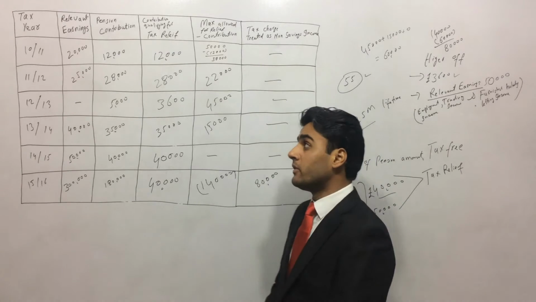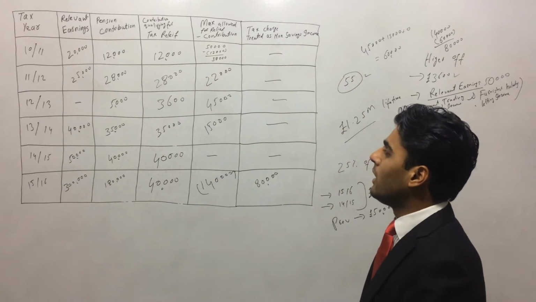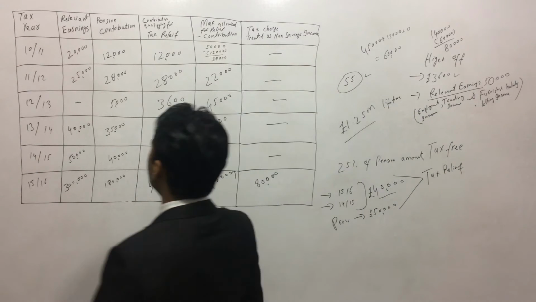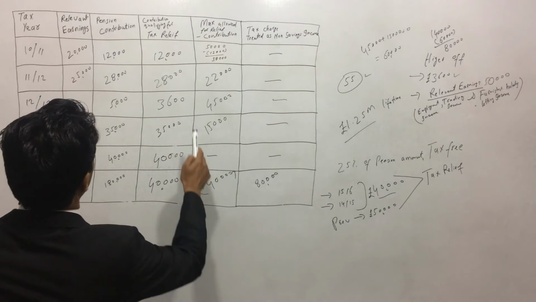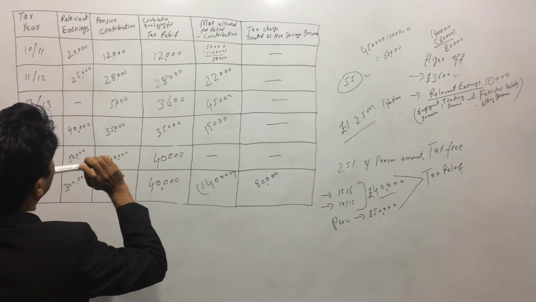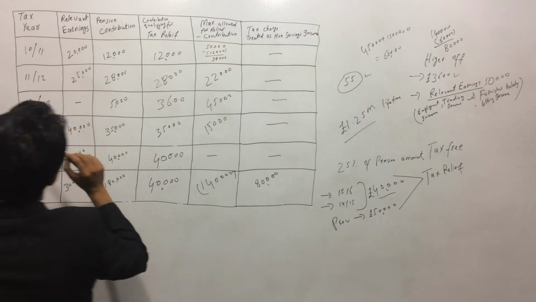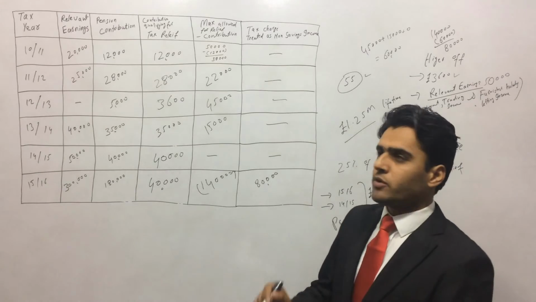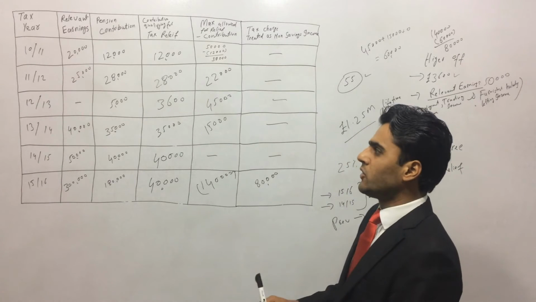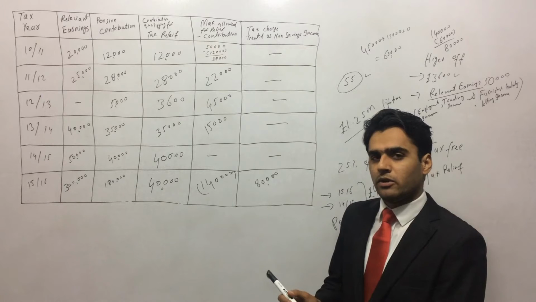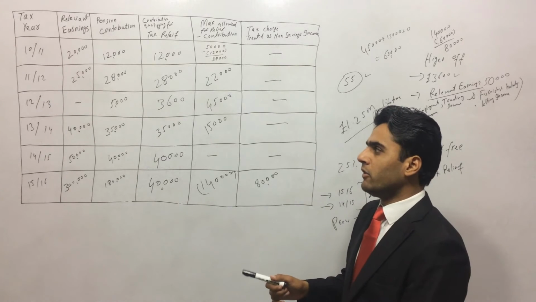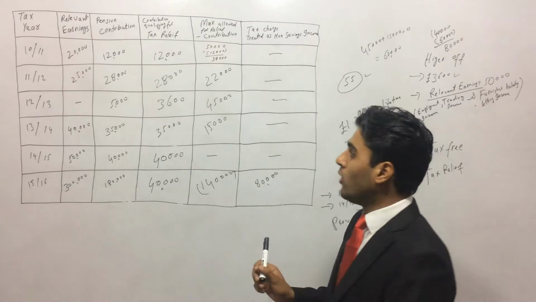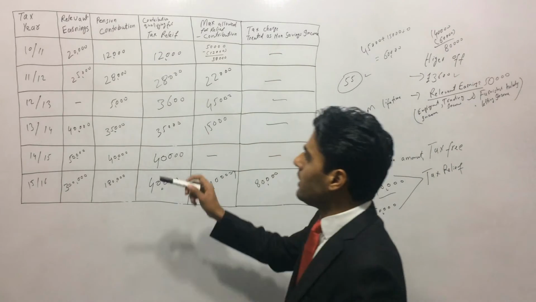Now if you could please come to the board again, on the table please. There's a mistake here I have noticed. I showed you the contribution qualifying for tax relief in tax year 11-12. Please look at this again with me. If you have already spotted the mistake, that's fine. If you haven't spotted the mistake, please pause this video here and resume the video again. Please spot the mistake. I hope that you have done it. If you haven't, let's see again.